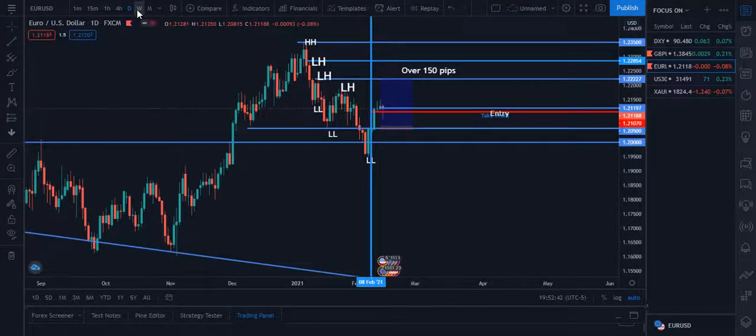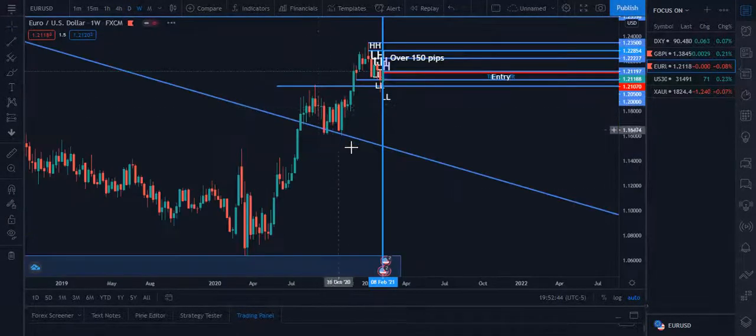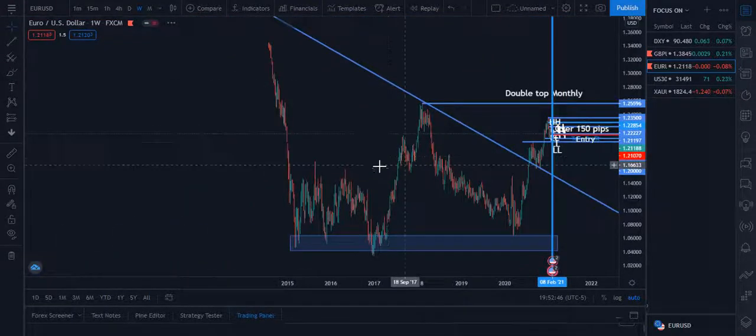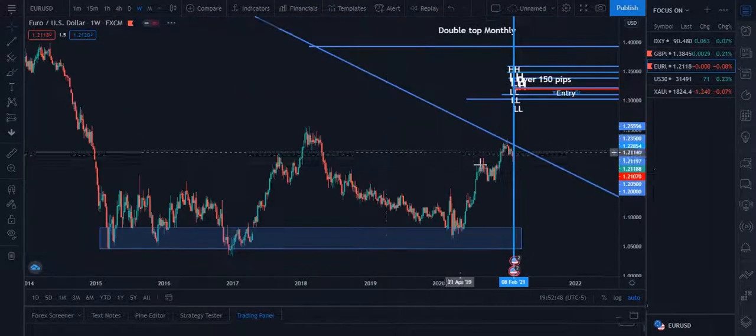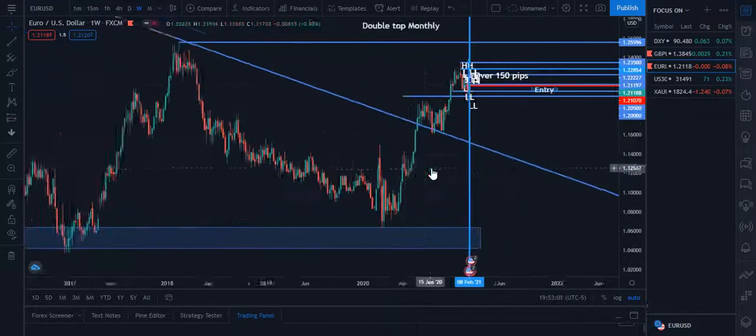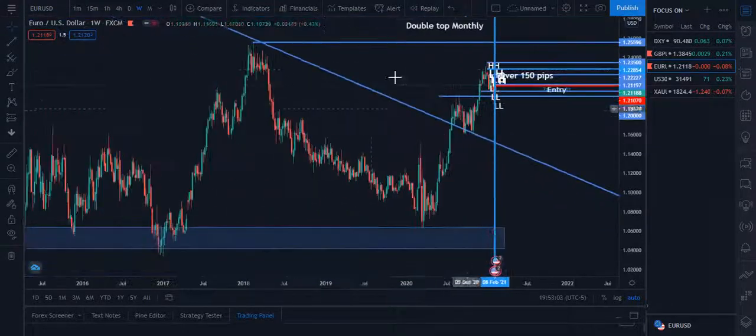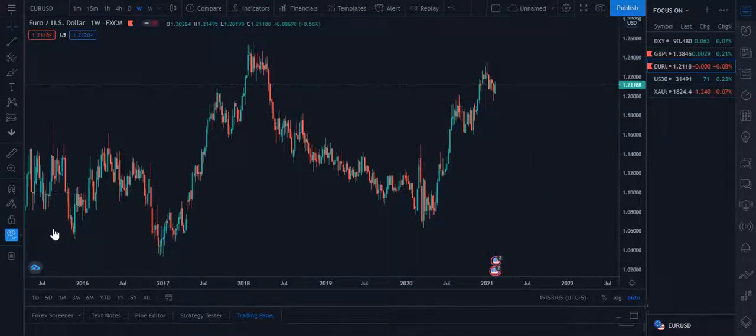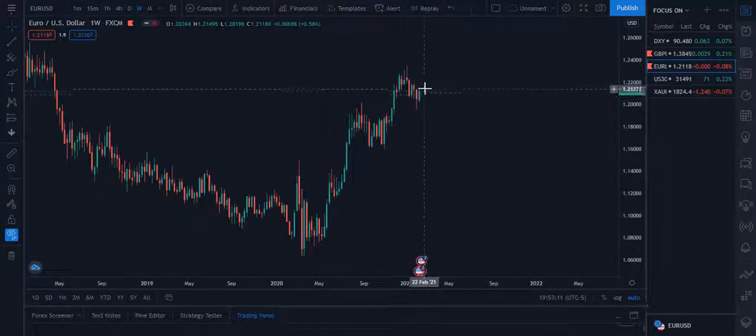But let's go to the weekly and just see the perspective, man. As you can see, guys, from a long way back, I saw this thing just breaking through here. This is a downtrend line, so every time it hits, it goes down, then it hits, it goes down. So now it broke through. I'm really expecting it to come here. Look at this correction. This is a beautiful correction, guys. So if I buy this next week,